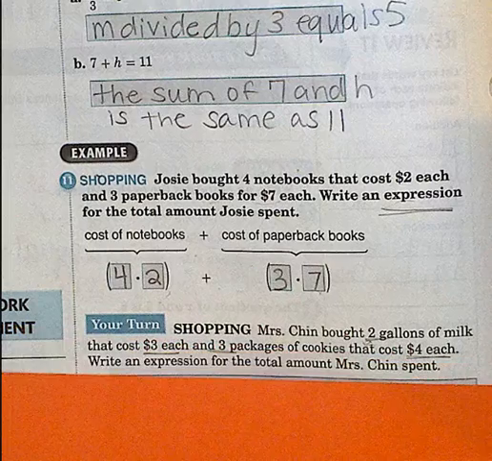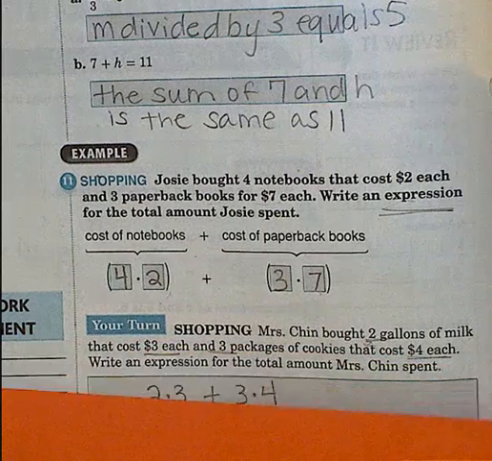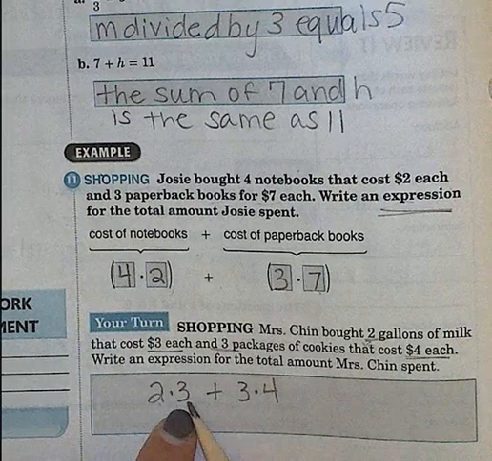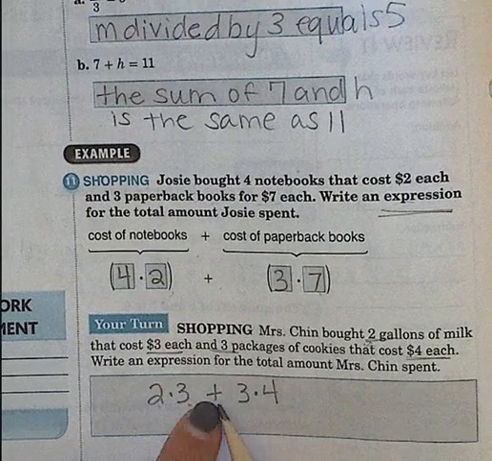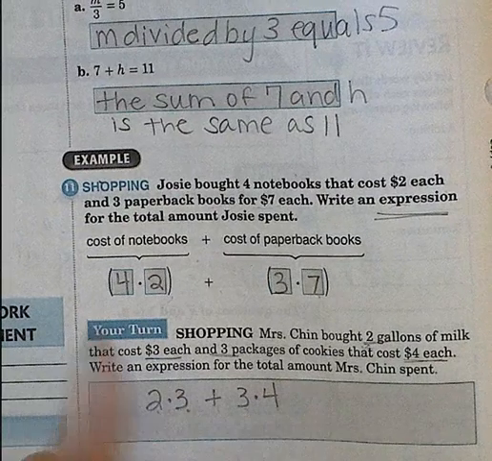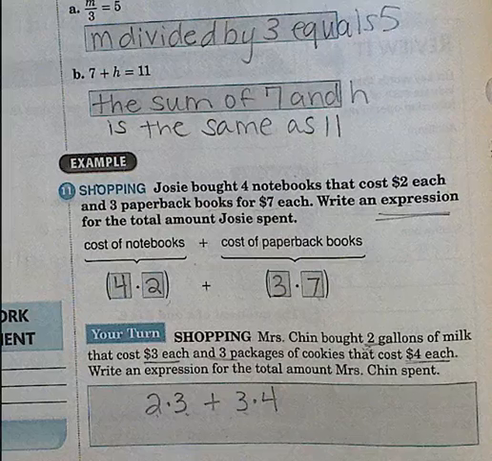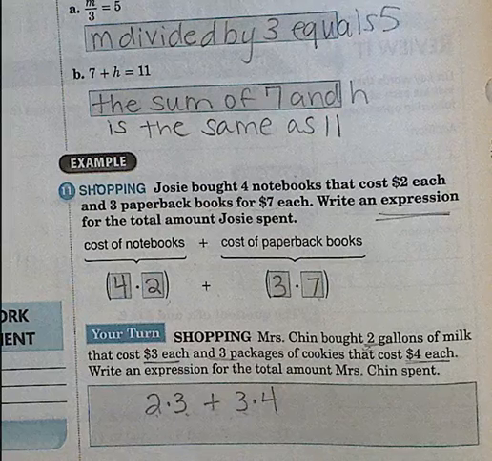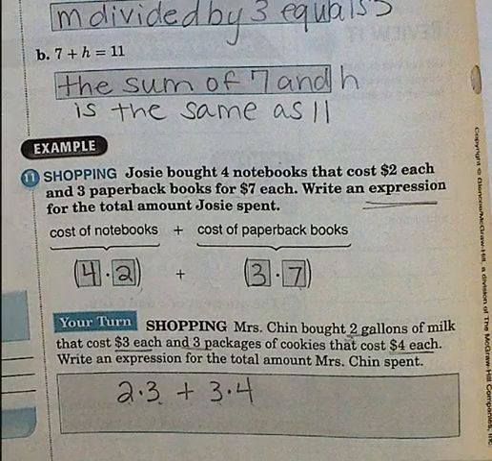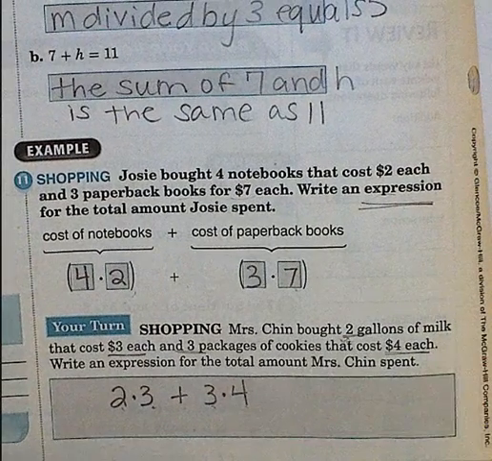So we want to write an expression, remember, that has no equal sign. So here we have 2 gallons of milk at $3 each, plus 3 packages of cookies at $4 each, and that will give us exactly what Mrs. Chin spent at the grocery store. So make sure your notable is filled out just how I have it here, and